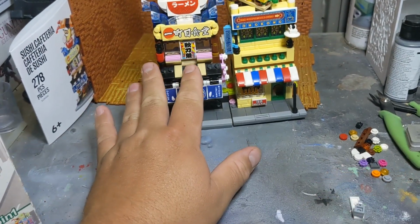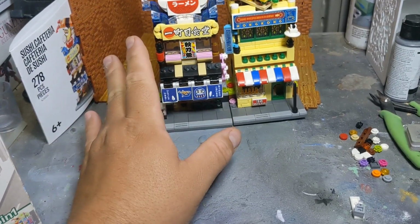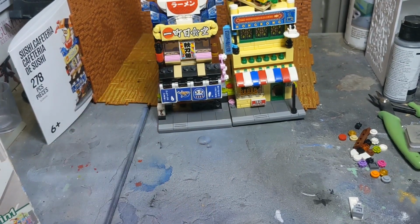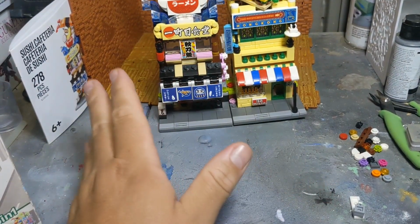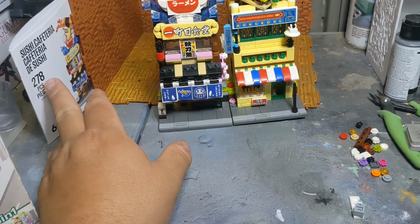So these ones, I think, it's been a while since I bought it. I think they're like $15. They might be a little bit less. Definitely worth it. If you are a fan of Lego, usually what they do is you get approximately the same